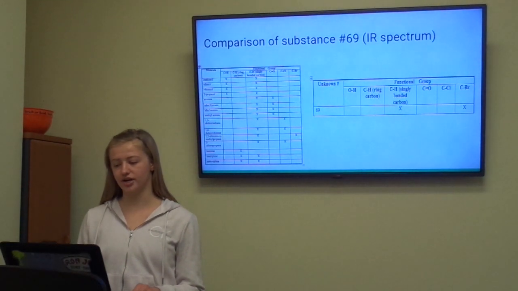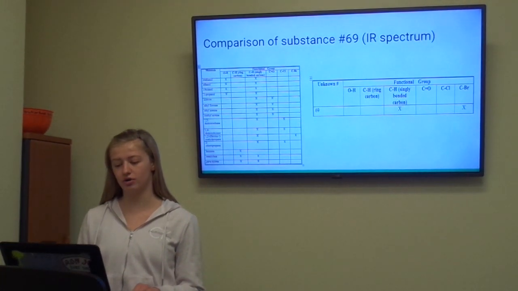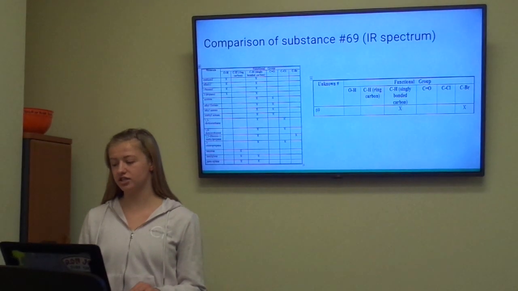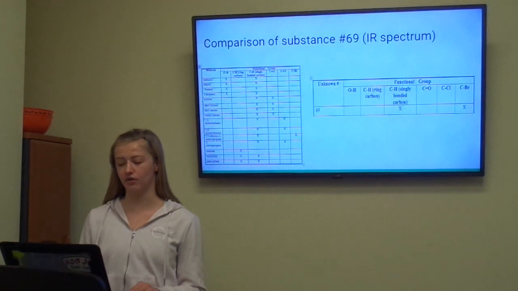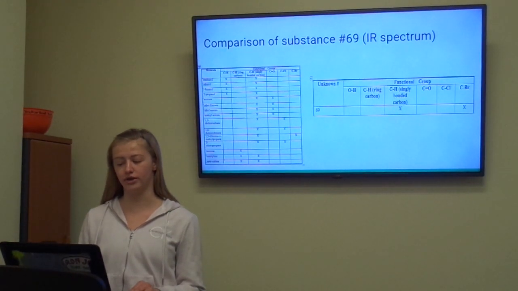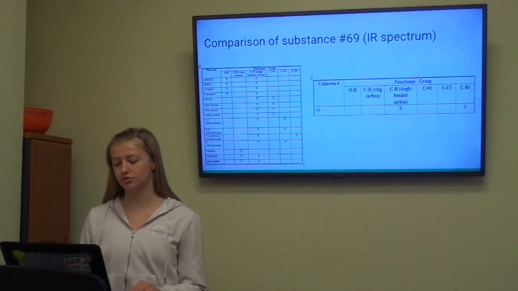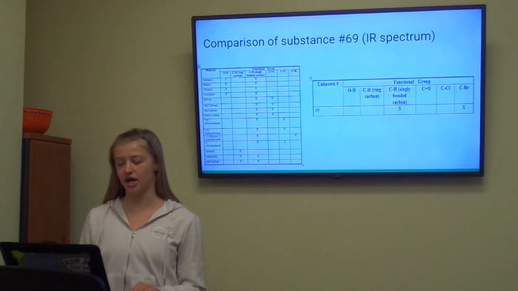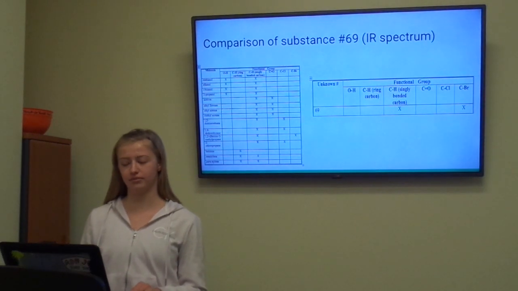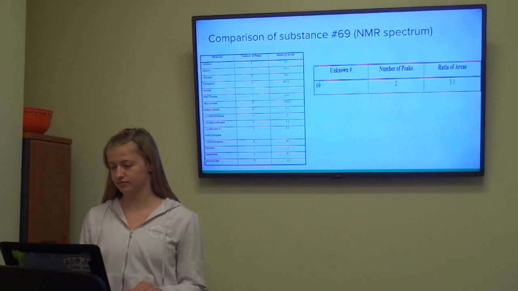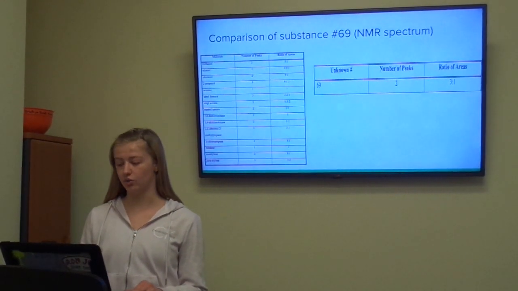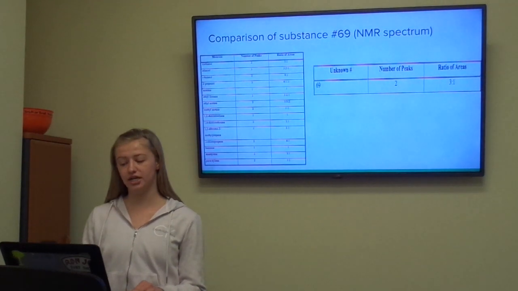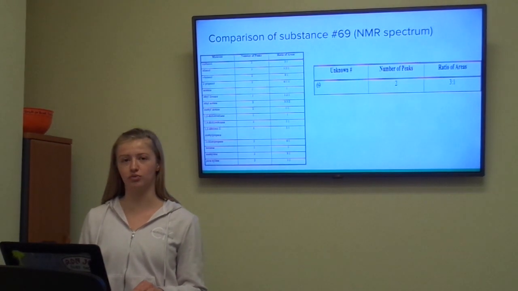In this experiment, we were given 3 unknown substances and used IR and NMR spectra to find out what molecules the substances were. In the first substance, number 69, the molecule that was found was 1,2-dibromo-2-methylpropane. To determine that the functional groups matched, the IR graph was examined and they showed up as carbon singly bonded to hydrogen and carbon singly bonded to bromine. This matches the functional groups for 1,2-dibromo-2-methylpropane. The number of peaks and the ratio of area were compared to see if these matched. The number of peaks was 2 and the ratio of area was 3 to 1, which matched